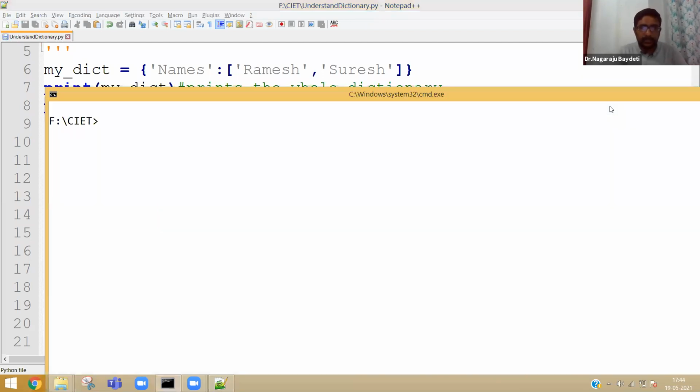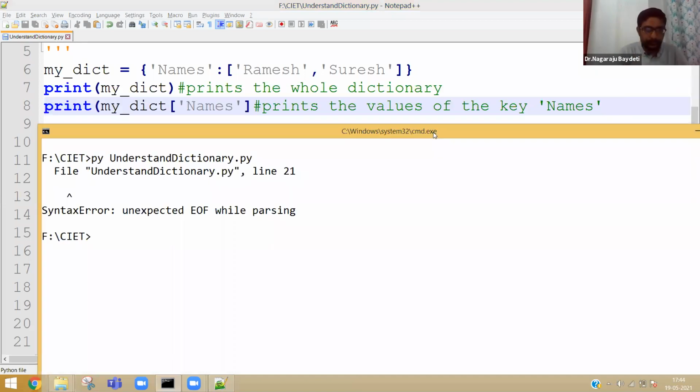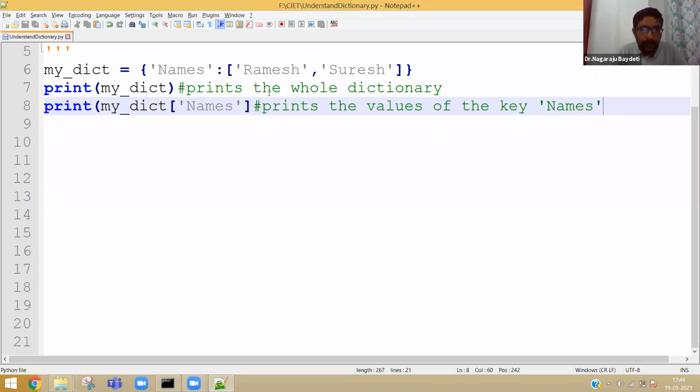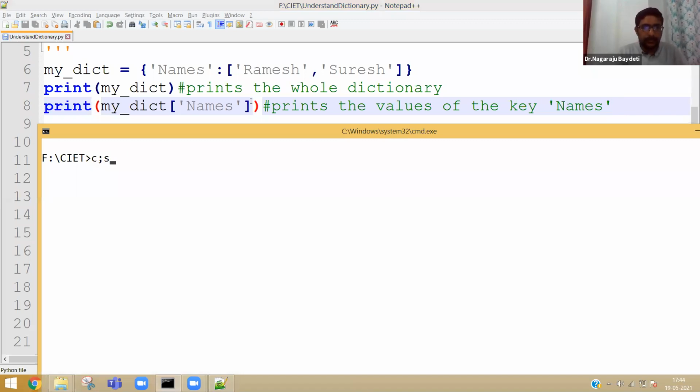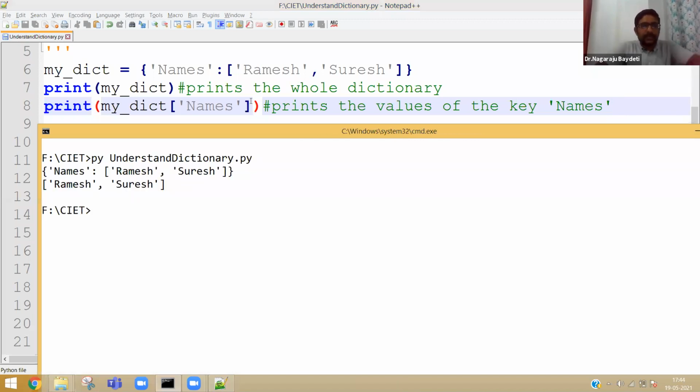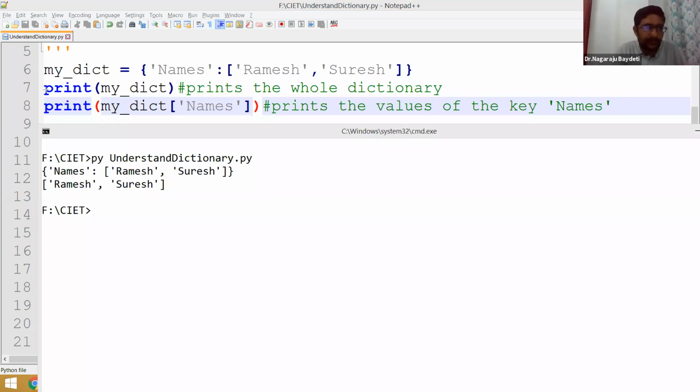Let me execute and show you the output as well. Oh, I forgot to put the parenthesis at the end of the print. Now when I am executing, line number 7 gives me the entire dictionary, but the print statement in line number 8 gives me only the values Ramesh and Suresh.